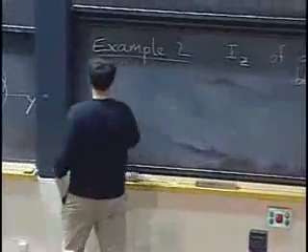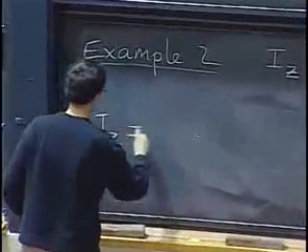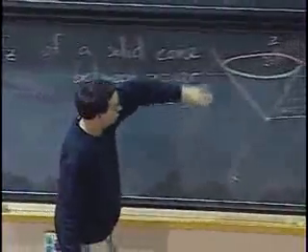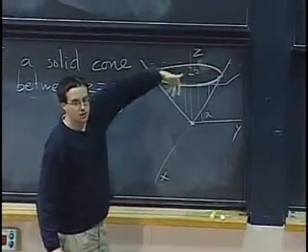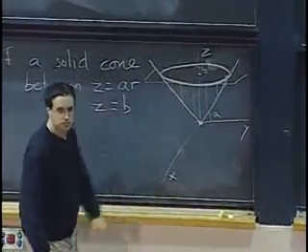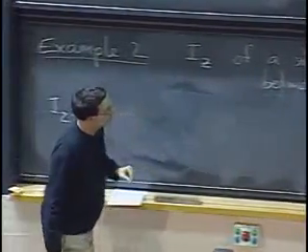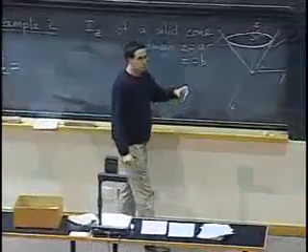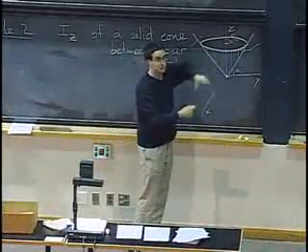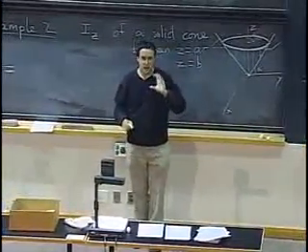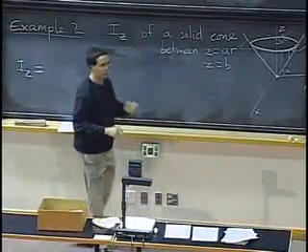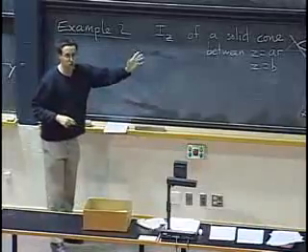So let's try to compute its moment of inertia about the z-axis. Maybe this is like a top that you're going to spin, and it tells you how hard it is to actually spin that top. That's also useful in mechanical engineering, because if you're trying to design gears and things like that that will rotate, you might want to know exactly how much effort you'll have to put in to get them to spin, and whether you're going to have a strong enough engine or whatever to do it.